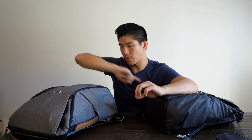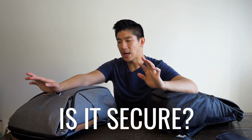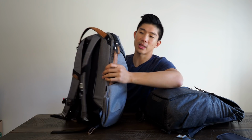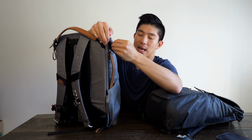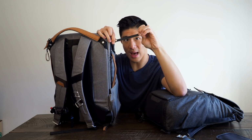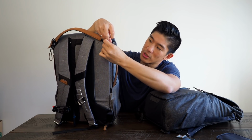One last thing before I close it out is security. I know some people have talked about that. I don't think it's something to be worried about, honestly, because if you look at these bags, I showed you guys last time, it's got its own built-in closing strap loop here. So you see that there. You can actually clip this onto these loops over here so that,